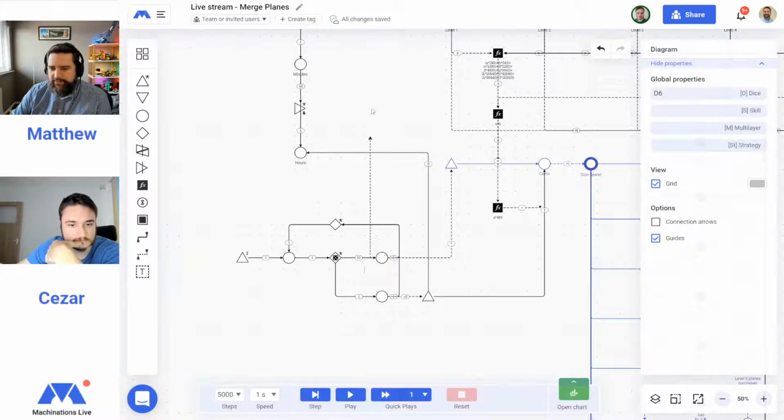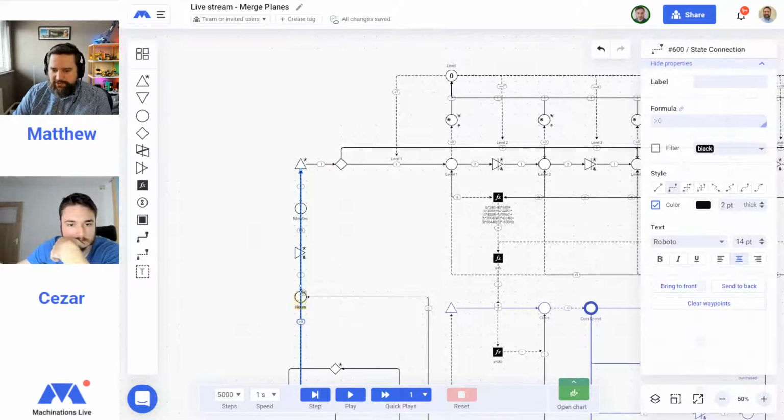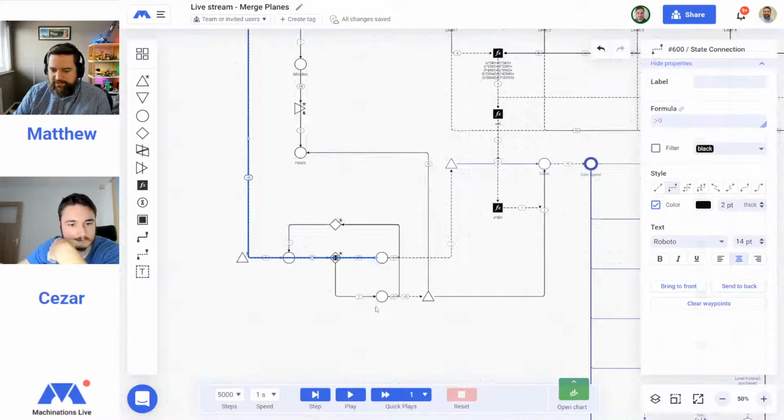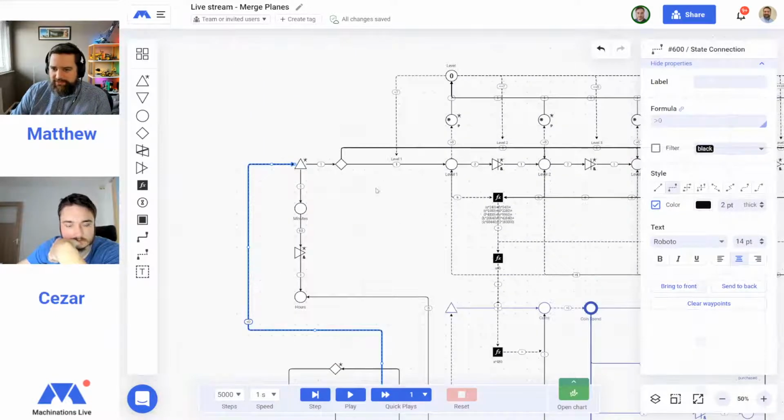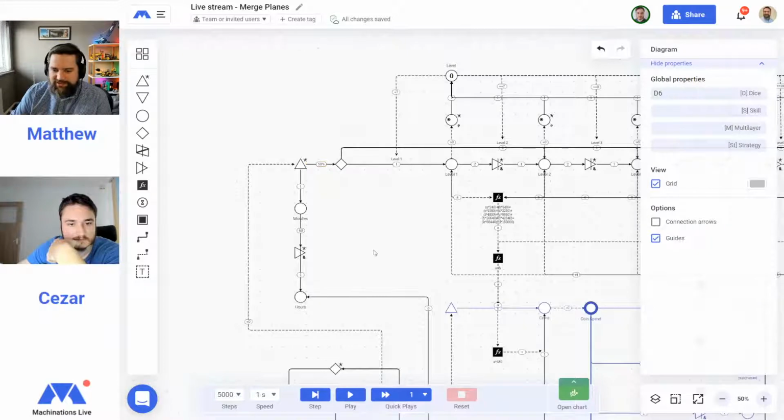And we could also trigger our time source and our random plane source. Also, rather than having this fire out a plane every time, I'm going to put a 50% on there so that it only takes...